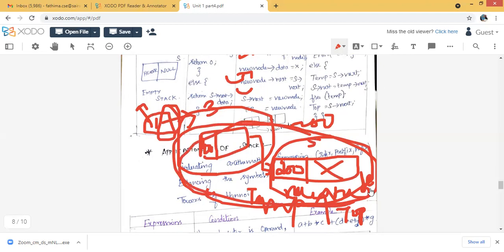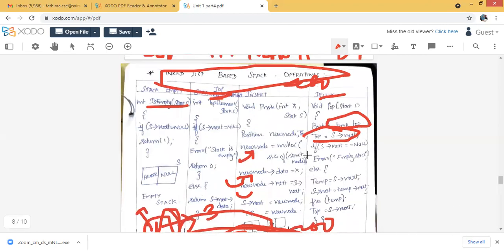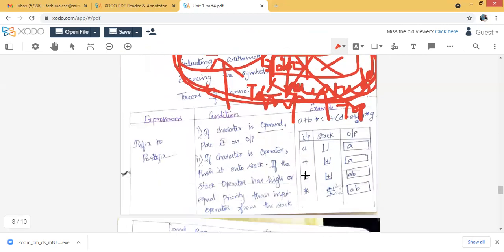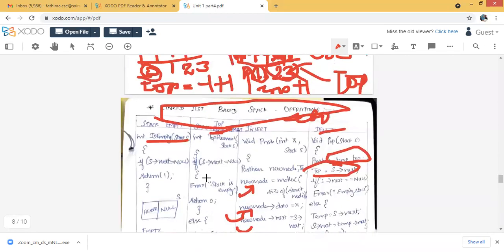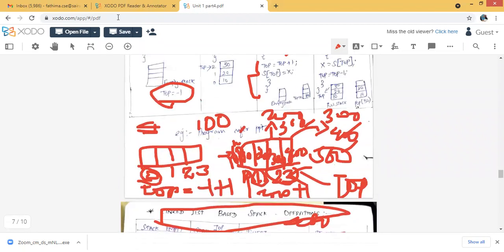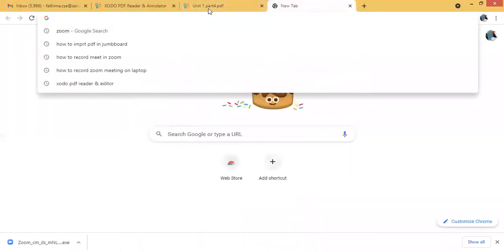So stack's next is equal to temp's next. This is my whole stack. That is the stack's next, and that is my temp next. So free the temp, I'm just deleting this temp. Now my stack's next will be this one, that means top is this one. So by doing this iteratively, we delete up to whatever element we want to delete. These are all the operations we have to do using those two implementations, array based as well as linked list based.